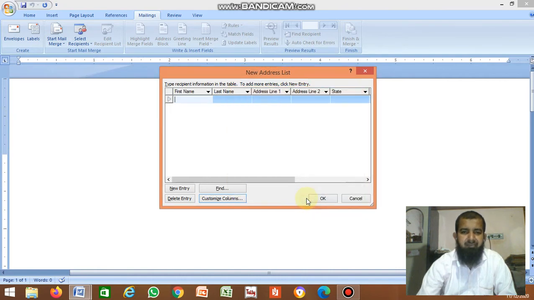Then click OK. Here it displays only the fields you selected; the deleted fields are not displayed here. These many fields you selected.